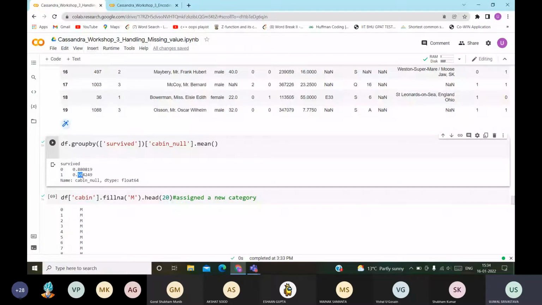So here you can see there is correlation between survived and cabin null. You have to see these things, like if there is any correlation between cabin, survived or anything else. So here there is some correlation, as you can see.